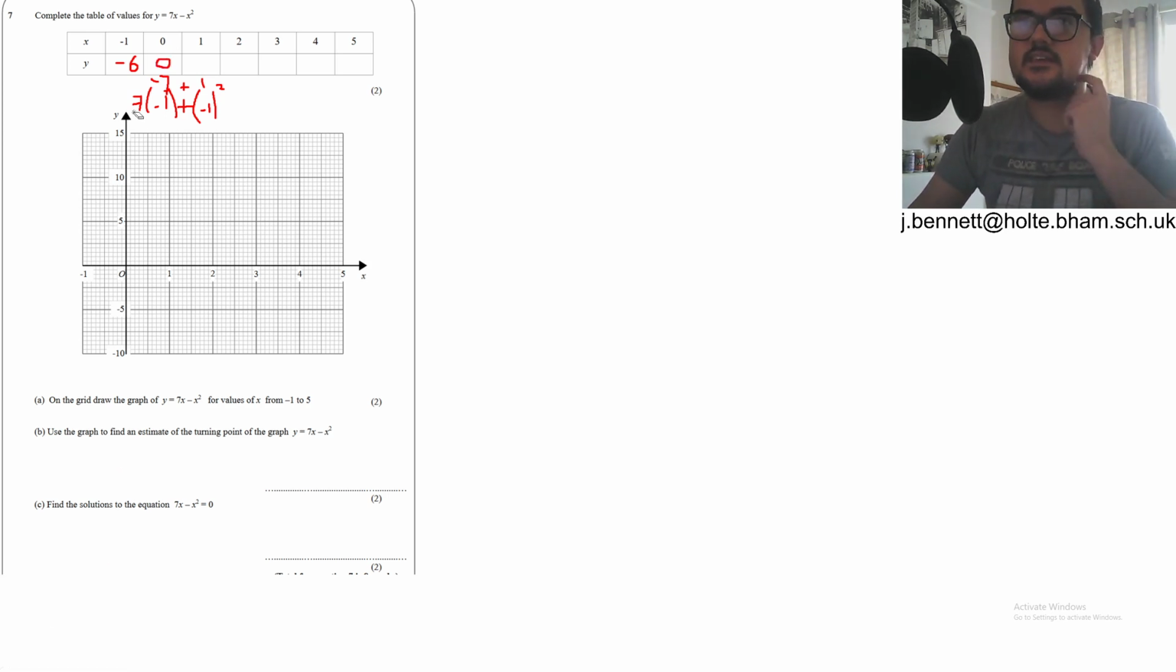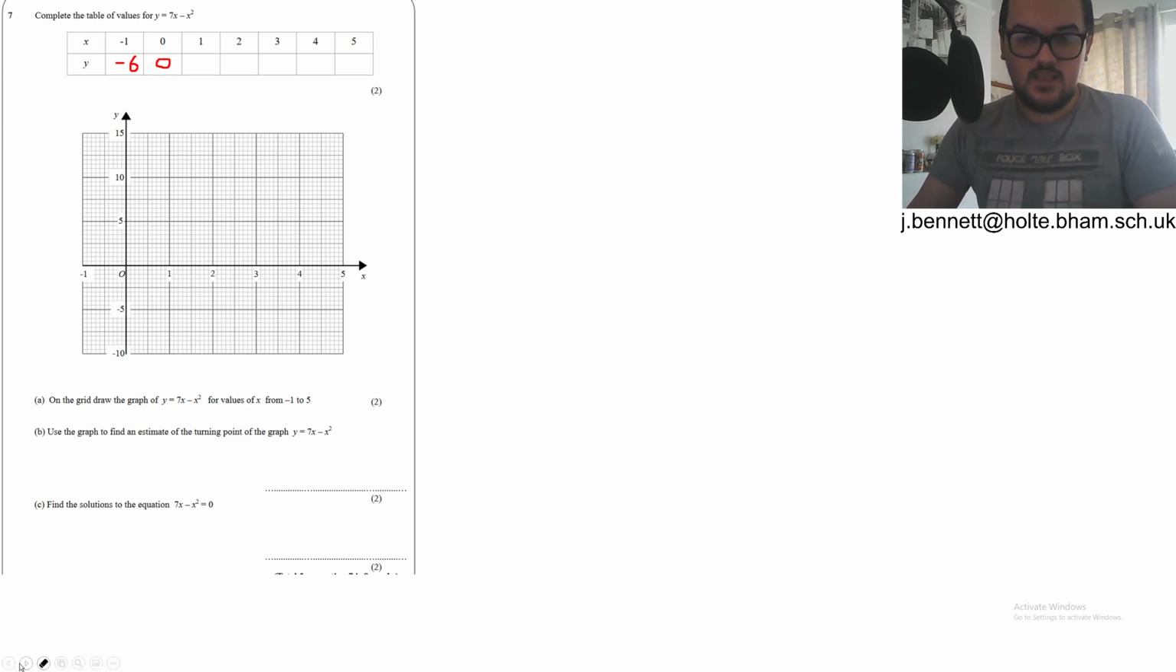Let's get rid of this thing here. Let's just make it a bit tidier. 1. 7 times 1 is 7. Minus 1 squared, which is 1. 7 minus 1 is 6. So this is going to become